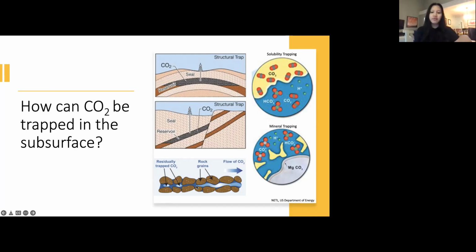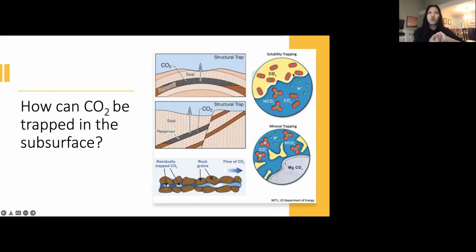There are already fluids in there, whether it's brine or a saline aquifer, which is actually the same thing. While the CO2 travels through the pore space and the brine, some of the CO2 gets left in between the pore space and the brine, while most of the CO2 keeps flowing, with some being residually trapped along the way, until finally it gets structurally trapped under the seal. And so this residual trapping is really helpful to get the CO2 into the next phase, that is solubility